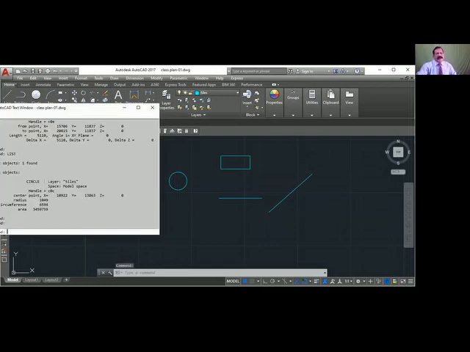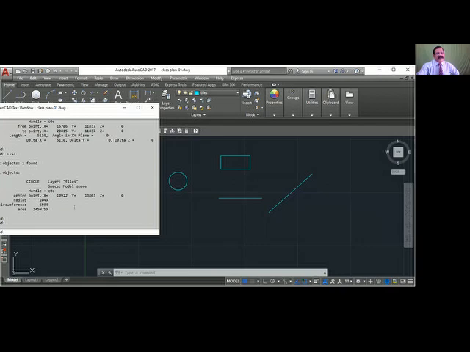When you use the list command on a circle, it gives you the center point, the X and Y coordinate of the center, the radius, the circumference, and the area. It gives you all the details of the object.